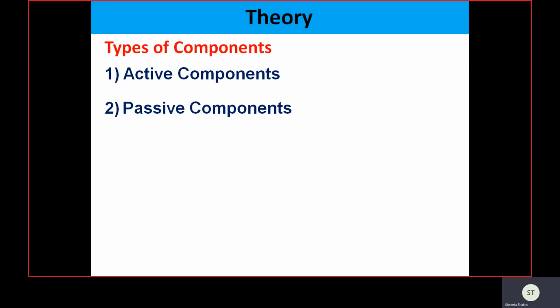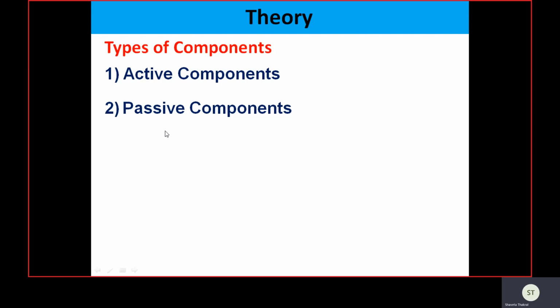How do we define active components? An electronic component which supplies energy to the circuit. By the name itself, the idea is, as these are the active components, they are going to supply energy to the circuit. That's why they are called active components. Examples of active components are all the voltage sources, current sources, generators, the different types of transistors and the different types of diodes. They fall in the category called active components.